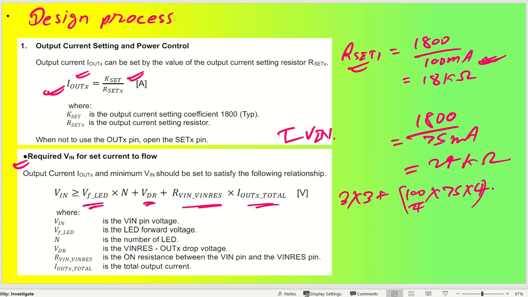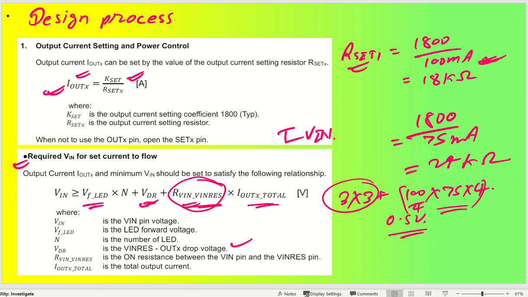Plus some VDR, the voltage drop across these resistors, let us say around 0.5 volt or something. So 3 3s are 9, plus some voltage drop is going to come. My V input must be more than this voltage. Your common understanding should be that whatever value comes out here, your input voltage should be more than that. Okay,